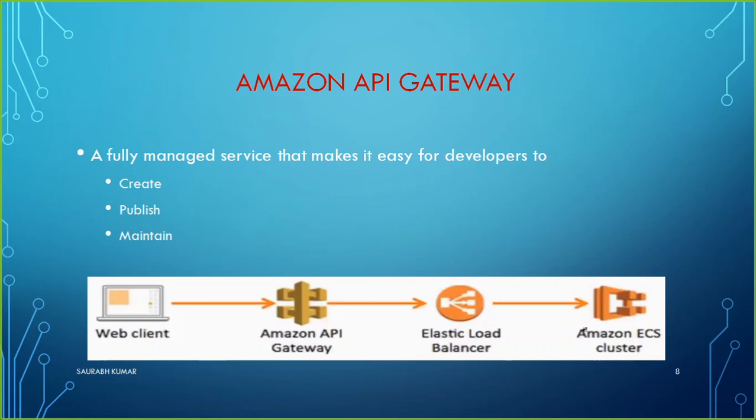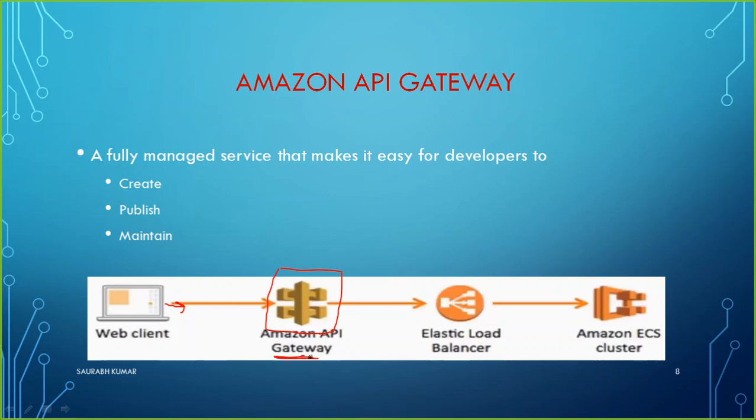Next point is, what is Amazon API Gateway? So what is it going to give? Simple. Here you see in the picture, we have a web client, somebody using his or her laptop to access maybe any web service from Amazon. So now Amazon has here a service which you can use for your company also, Amazon API Gateway.